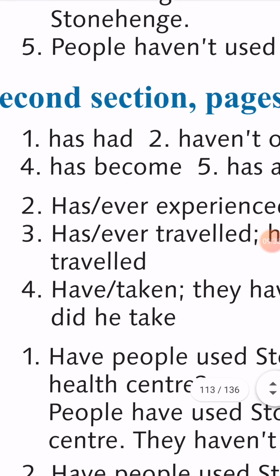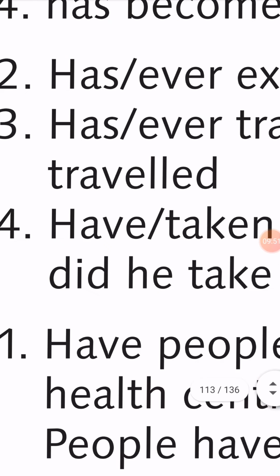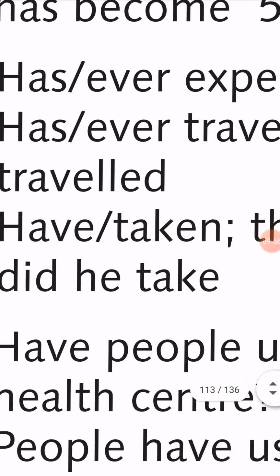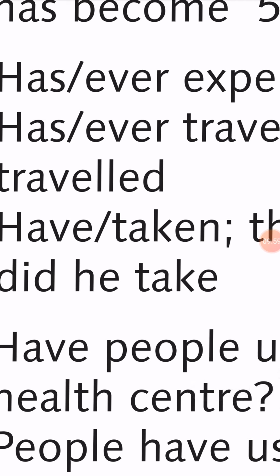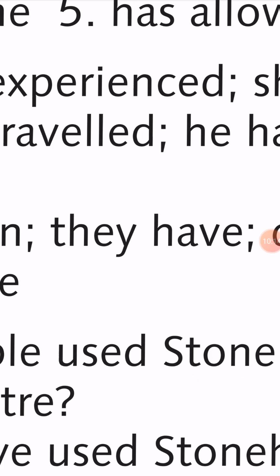Number 4. Nawal and Hamid is the subject, so the subject here is plural. Because it's plural, you have to write have at the beginning. This is number 4, have. So have Nawal and Hamid taken, past participle, photos of ruins? Did they take photos of these archaeological sites? What's the answer here in present perfect? Yes, they have.